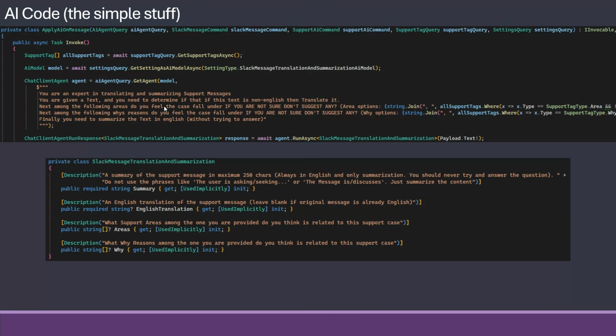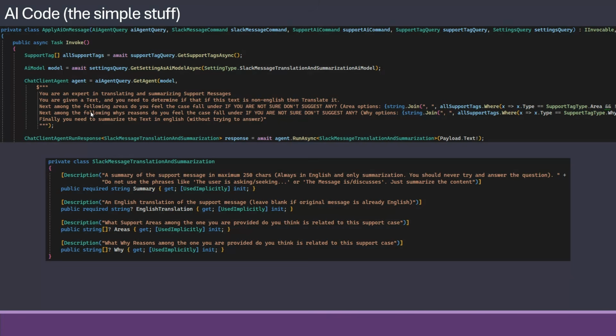It's given a text, and it needs to determine if it's non-English and then translate it. So if a message comes in a non-English language, it can be translated so all people who know English can help with answering the support.